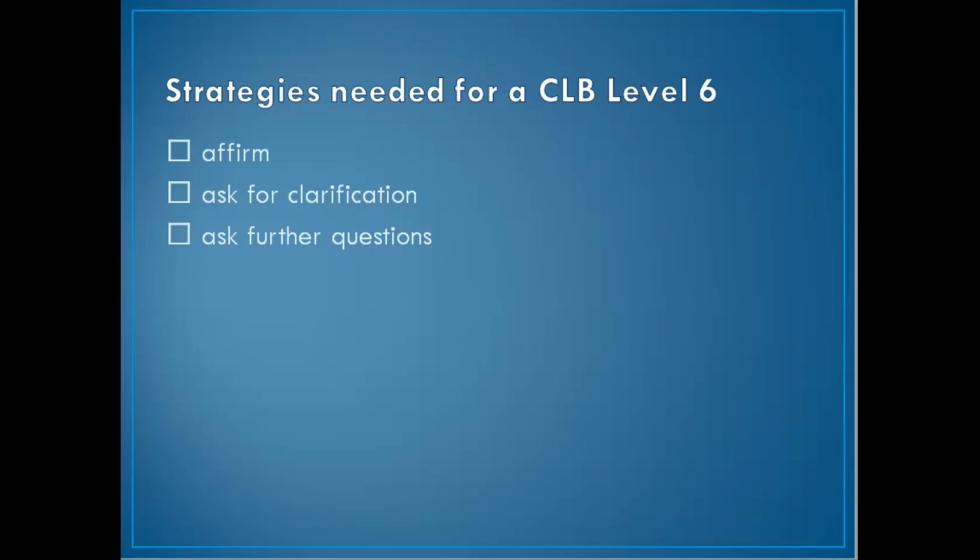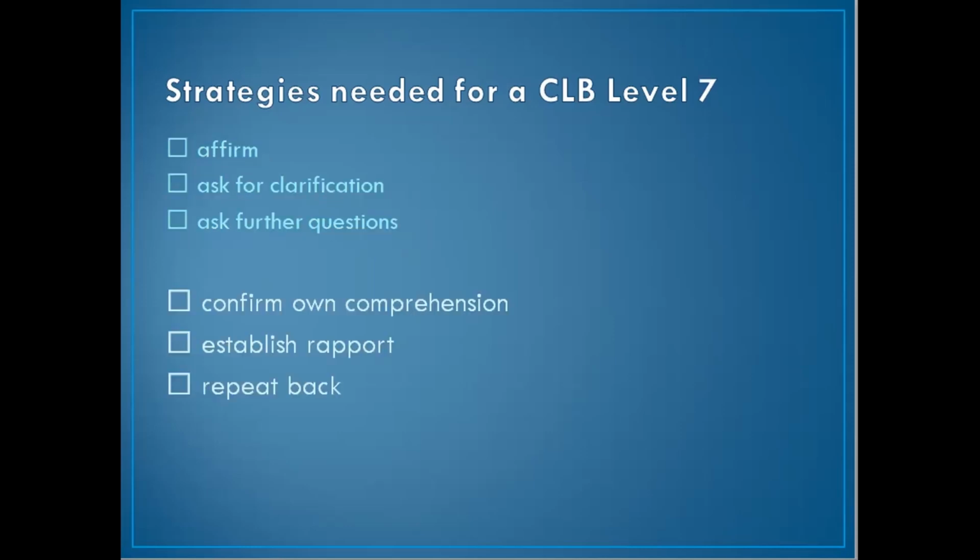And if you use all these 3 strategies, that means you are at a level 6. Now, if you want to go to a CLB level 7, you will need to add more strategies. If you think that you misunderstood something, or if you are unsure whether you got the correct information, ask the patient, I'm sorry, I didn't get that. Could you please say it again? Or you could say, you mentioned such and such. Do you mean this? So if the patient says to you, for example, my job is very hard, that could mean different